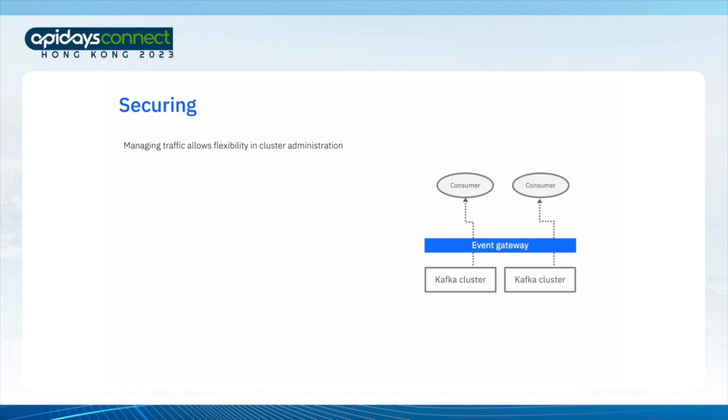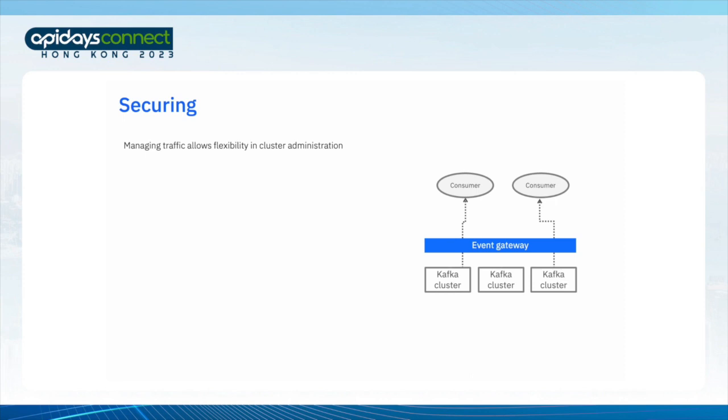Now, if all of the connections are being made through an event gateway, then by updating the gateway to route traffic accordingly, this kind of flexibility can be achieved, enabled without needing to make changes to the individual consuming applications. Allowing you to manage traffic in this way, in a way that's independent of your current back-end event architecture, and to do this without disrupting consuming applications, that is the goal.